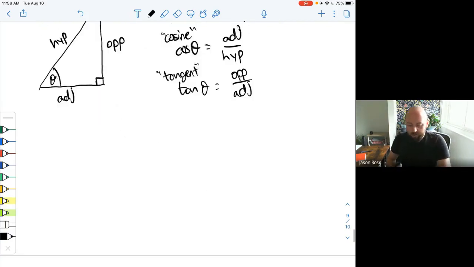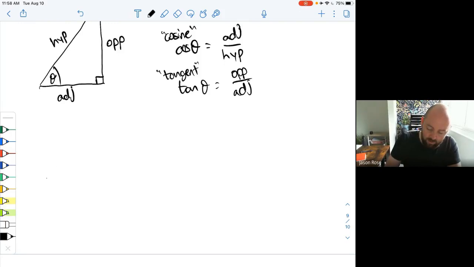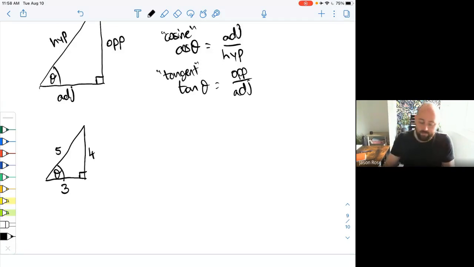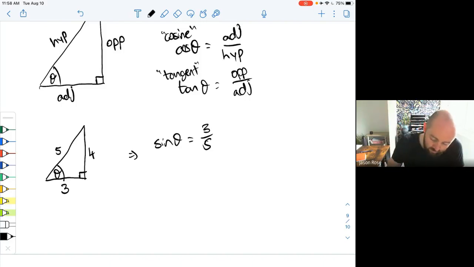So just with a little bit of practice for them, let's look at a particular right angle triangle that you're probably going to see your professors use a lot because it has nice whole numbers in it. Doesn't happen with every right angle triangle, of course, but let's say this side is of length 3, this is a 4, and this is a 5. And again, I'm just going to put theta down here. This means that sine theta is the opposite. So I'm looking at this and thinking, and I've made a mistake. I'm looking at this triangle and thinking,